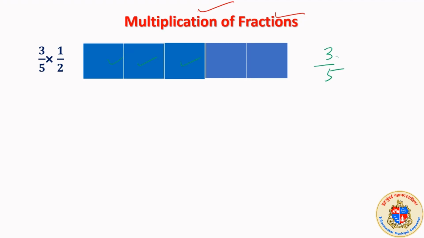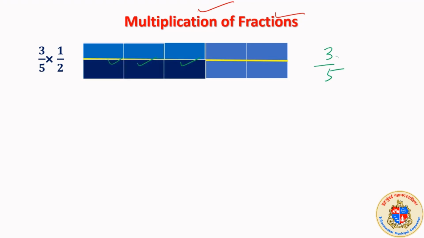Now that 3 upon 5 should be multiplied by half. It should be halved. Multiply by half of 3 upon 5. So I have to cut it in half. This part which is 3 upon 5 is to be cut into half. So I will cut it lengthwise and I got half of it. I will just change the color.